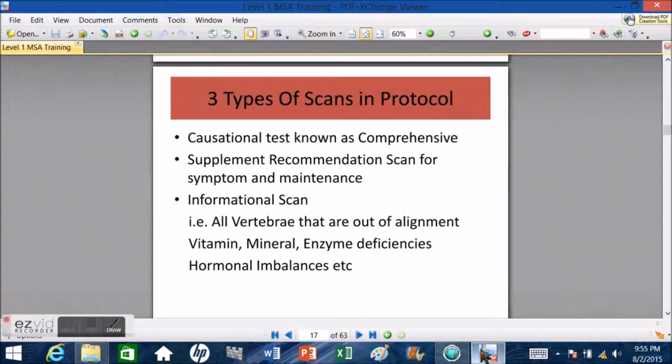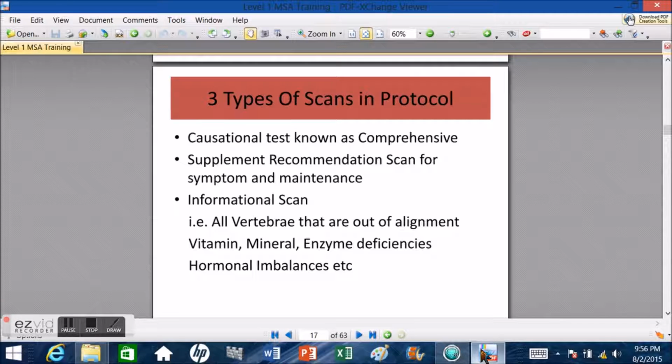Okay, let's talk about the three types of scans in the Natural Solutions Protocol. We're always going to run our comprehensive analysis, which is our causal chain scan. Now, what we mean by that is it deals with not symptomology, but the root cause of issues. An example of that would be, let's say someone comes in and they've got a thyroid